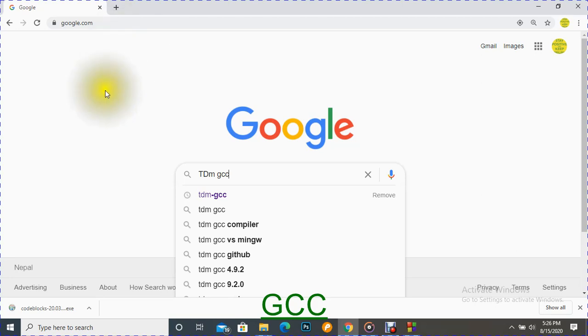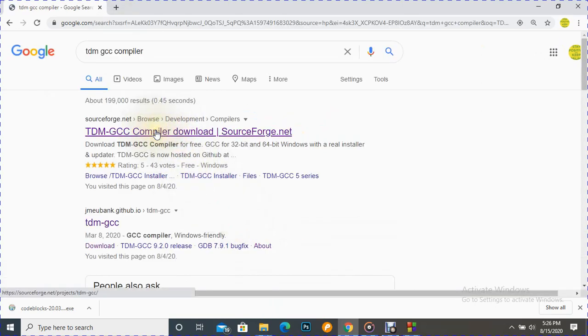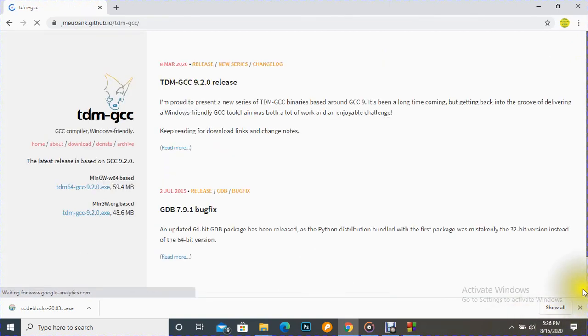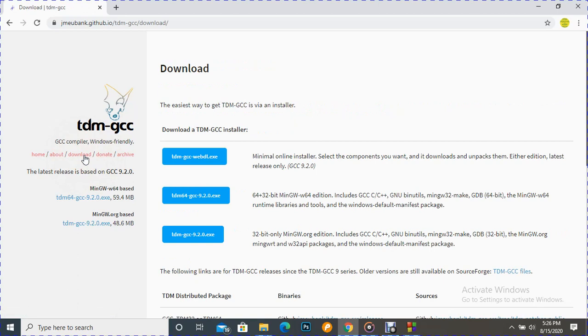So there is one powerful compiler for this, and that is the TDM GCC compiler. We can see here. You can go for this one, or you can also go for this one. I'm just clicking this TDM GCC compiler. Here we can see, let's go to download.